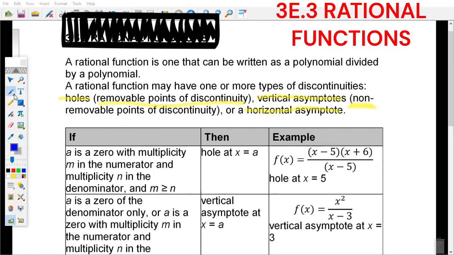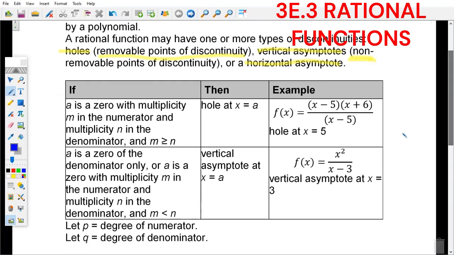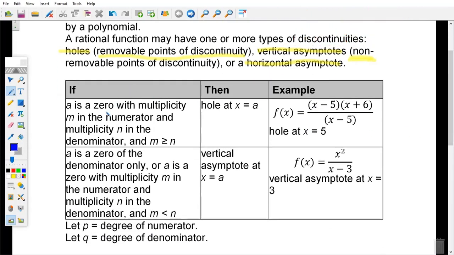So the difference between a reciprocal function and a rational function is you're not adding on a k value, okay? It is just simply one polynomial in the numerator and one polynomial in the denominator, okay? So I wrote a lot of it out for you so you wouldn't have to. So the first thing we're gonna look at is our two types of discontinuity. The first one is our removable,